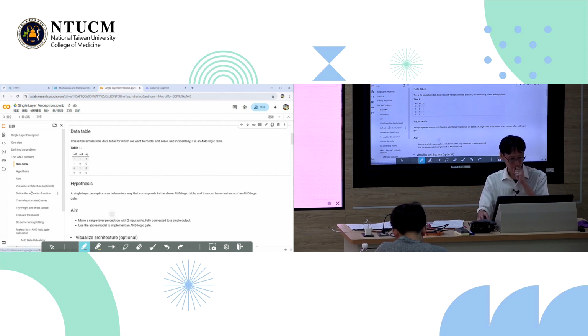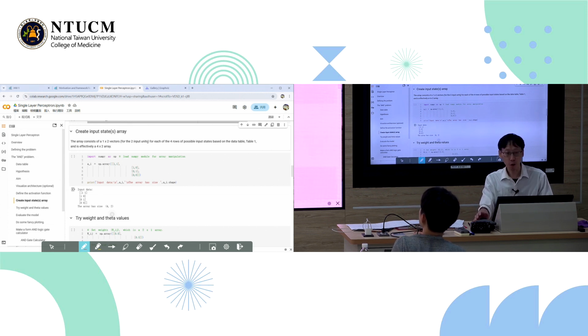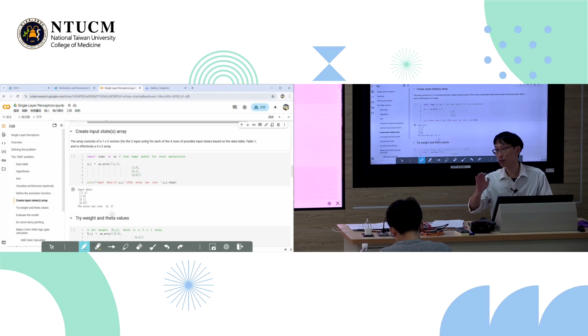Okay? So the input is basically 2 input units, but these 2 units have 4 possible states, correct? They can either be 1, 1, 0, 1, 1, 0, or 0, 0. It's 2 units, but 4 possible states. So the input units basically are a 1 by 2 vector.